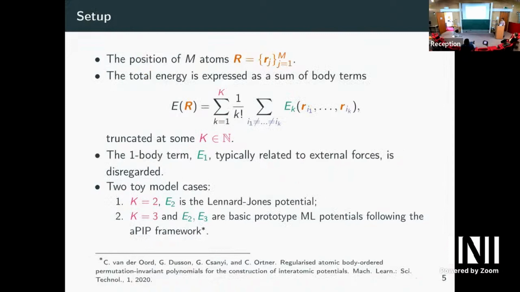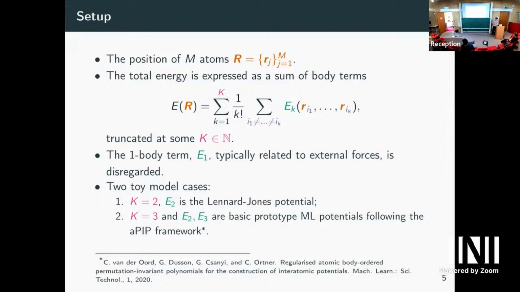So let me try to introduce the setup. We are interested in a system of M atoms in a crystalline body, and they occupy positions capital R. If I try to draw it, let's say we are in 2D to make it simple, and let's say that we have a square lattice, which is not really physical, but it's simpler to draw. So the idea is that we have some atoms. Typically, we supply periodic boundary conditions or some other boundary conditions so that effectively we just model atoms in a box, and we can label them. So they will be from 1 to M,